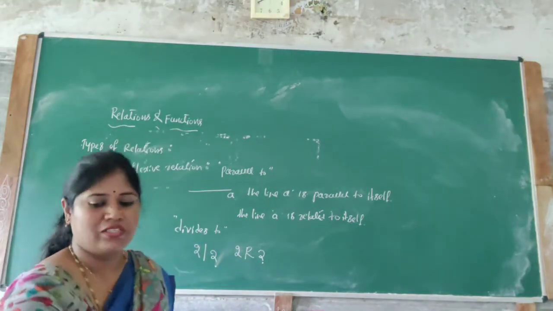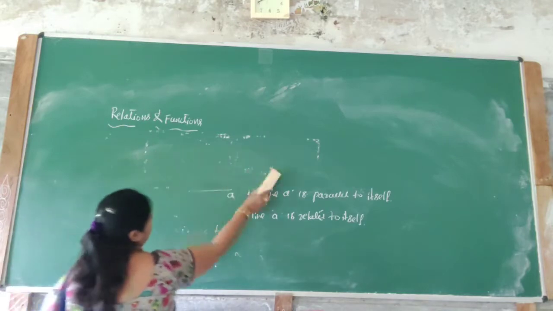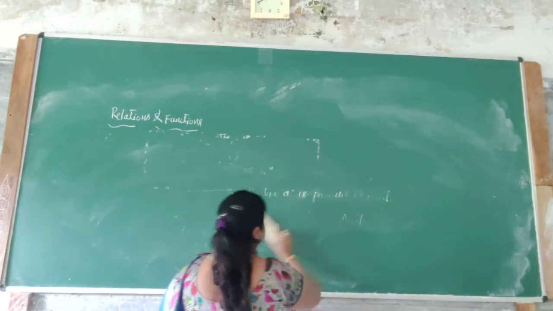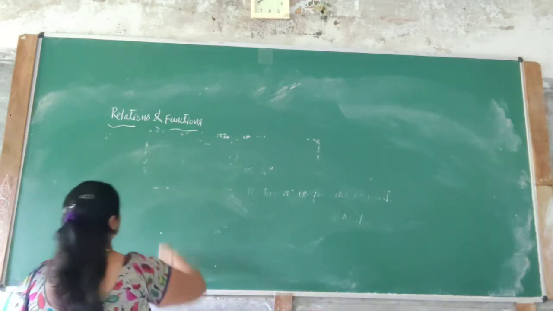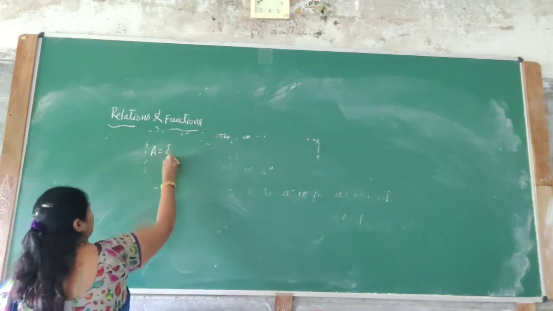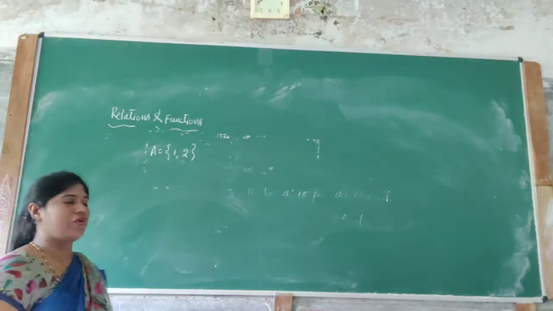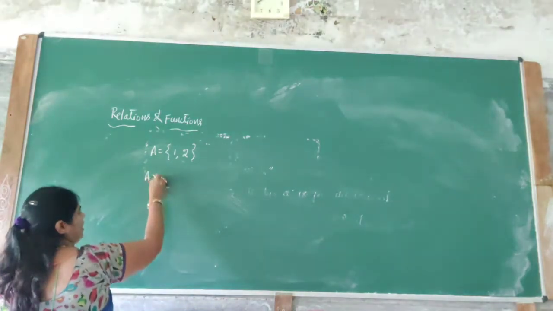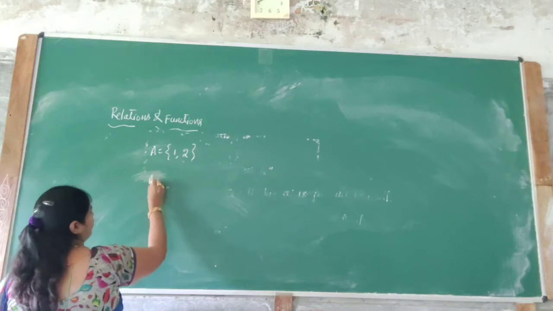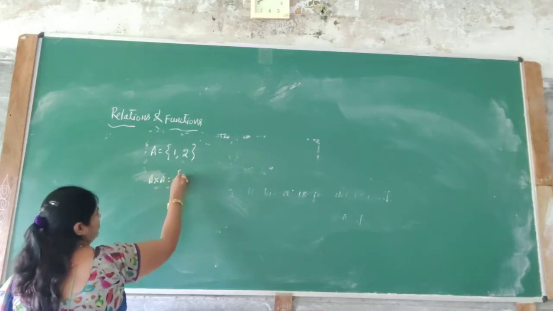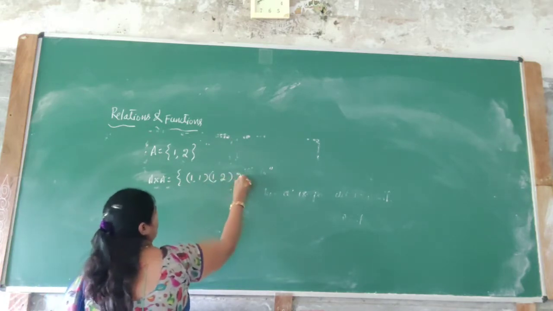So for example, next A is equal to 1, 2. We can find the Cartesian product. What is the Cartesian product? A cross A. For example, A is equal to 1, 2. We can find the Cartesian product A cross A. It is equal to (1, 1), (1, 2), (2, 1),